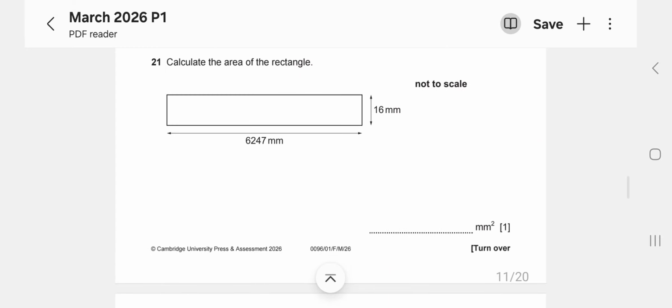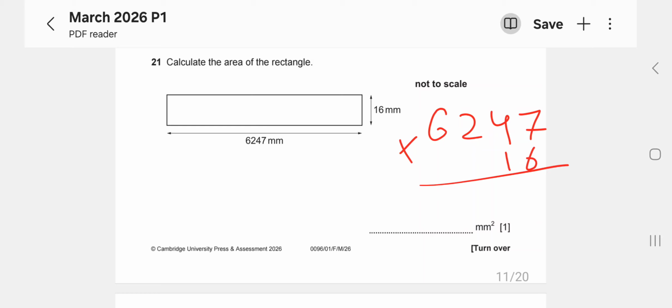Calculate the area. We are having large numbers. Still in paper 1, they still want you to make the calculation, make sure that you can multiply correctly with very large numbers like this. 6,247 times 16. 6 times 7,